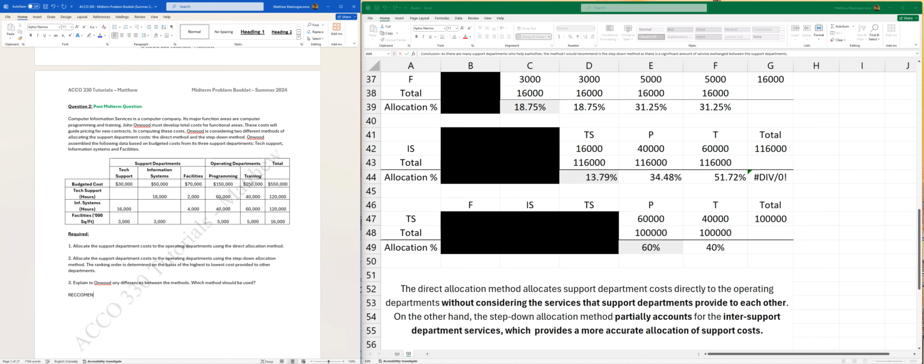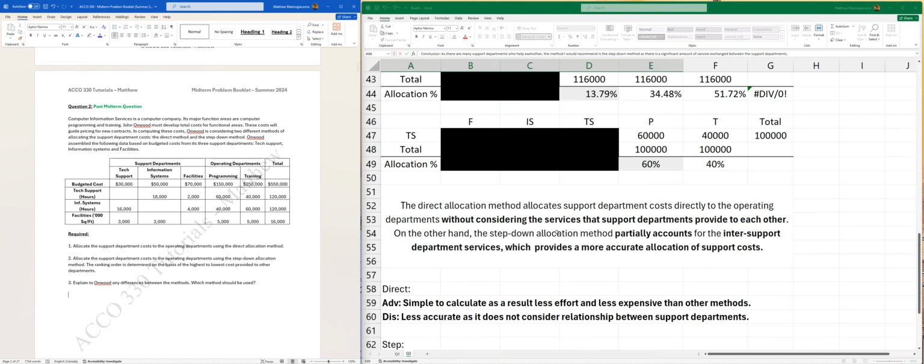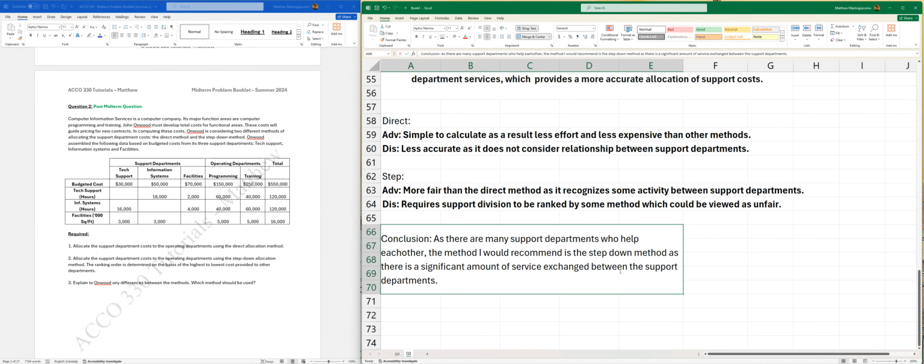All right, this question was a tricky past midterm question because they didn't ask you about reciprocal, right? They said they're only deciding between the two, right? Direct and step-down. But if you were given all three, guys, you would definitely recommend reciprocal because it's the most fair, right? Because with the reciprocal method, everything's reciprocated, right? The amount that you use, the amount that you pay. So it is viewed as the most fair. And then you can even say here if you really want, it's not part of the question, guys, but you could say, I would also